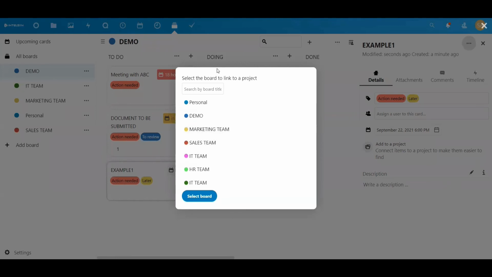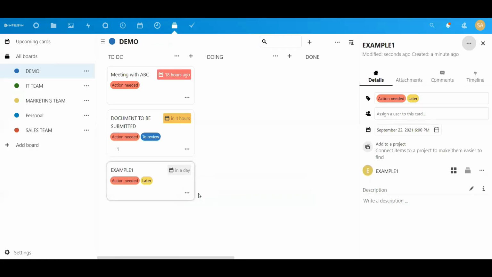Yes. Now which one do I want this to be in? See here, this is connected to example 1 of demo team.